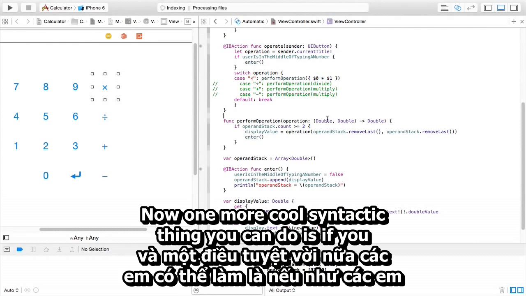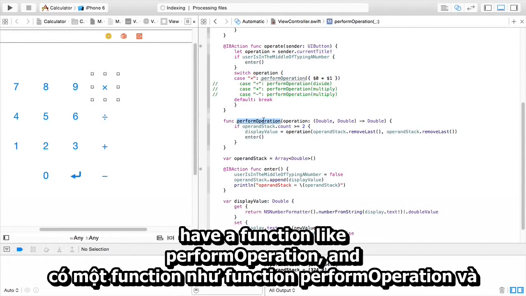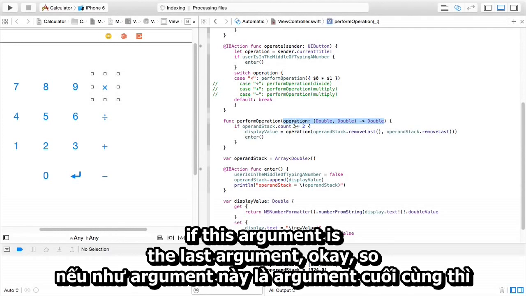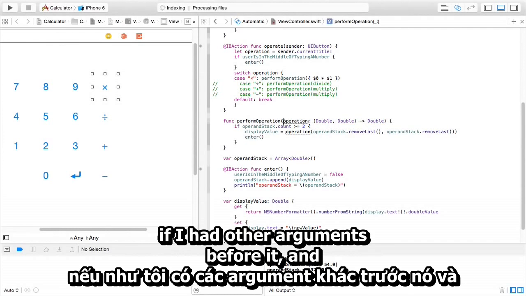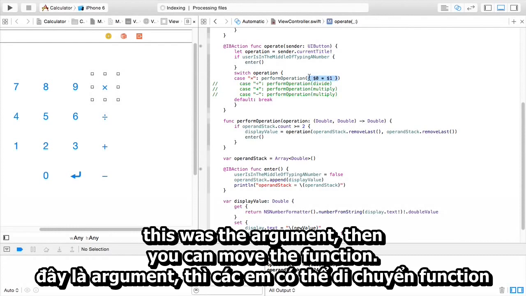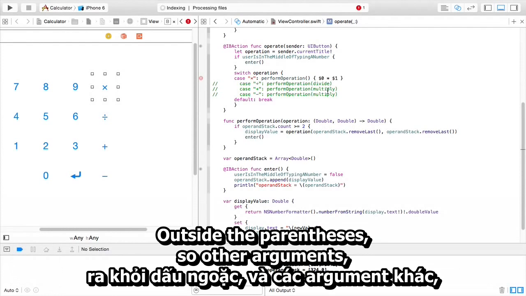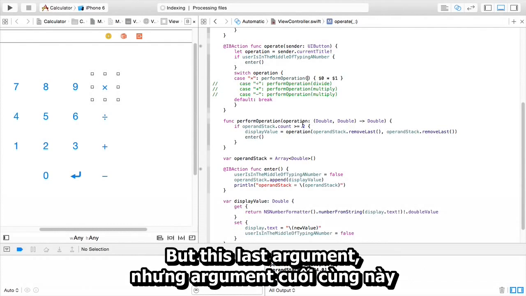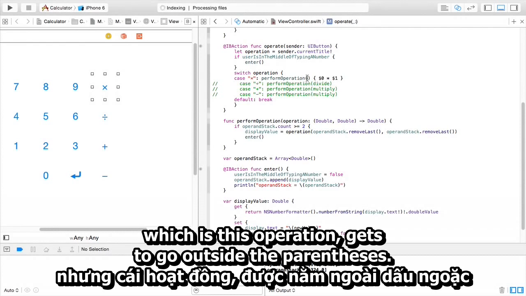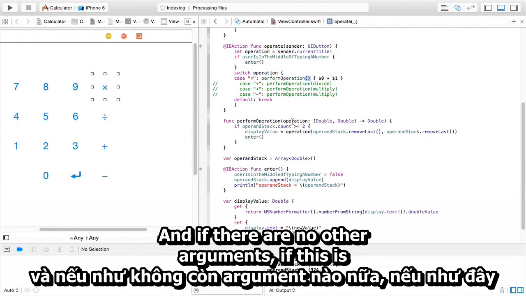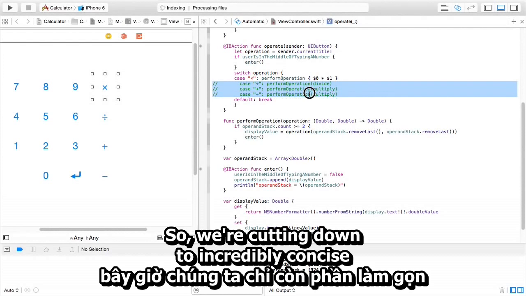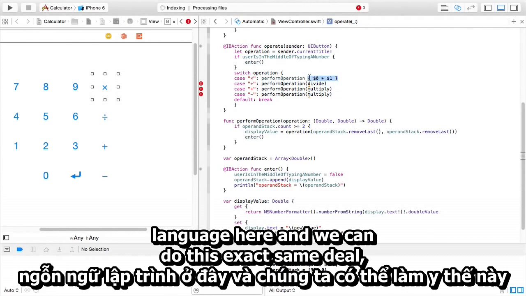All right. Now, one more cool syntactic thing you can do is if you have a function like perform operation, and it has an argument, which is a function, like operation here. If this argument is the last argument, okay, so if I had other arguments before it, and this was the last argument, then you can move the function outside the parentheses. So other arguments, if there were other arguments before, they would go in here. But this last argument, which is this operation, gets to go outside the parentheses. And if there are no other arguments, if this is the only argument, you can actually get rid of that. Okay? So we've gotten down to incredibly concise language here,